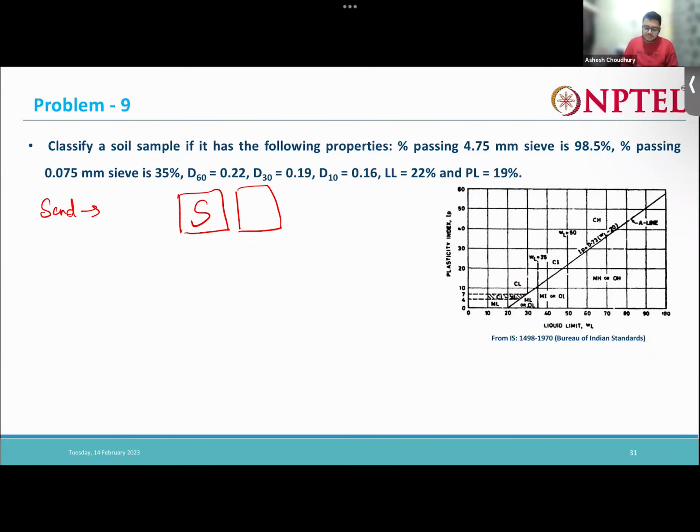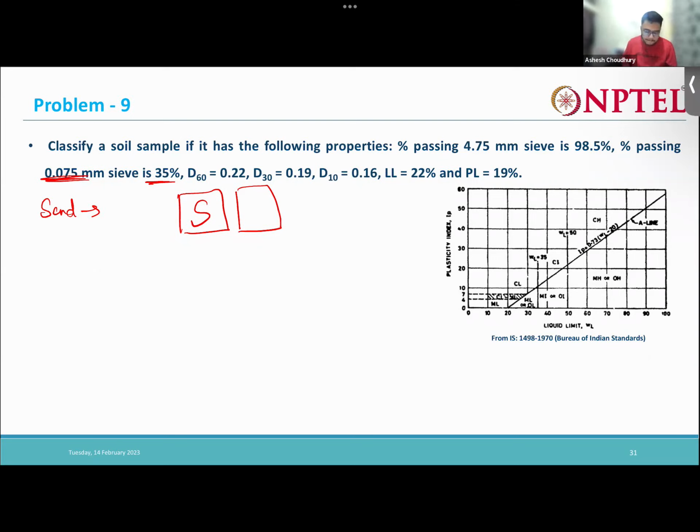Now tell me, what will be the second part? What should be the second part? More than 12%. So it will be clay or silt. Correct. The percentage passing through the 75 micron sieve is more than 12%. Here it is 35%, so it will be either clay, C, or silt,